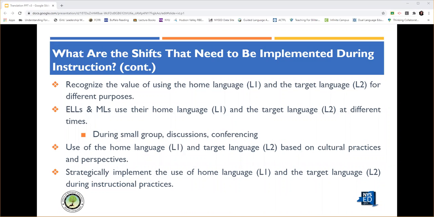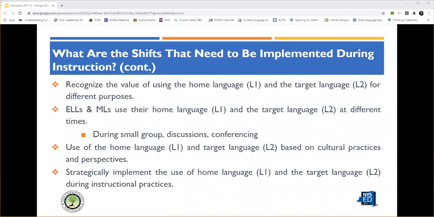To make this transition of using the student's home language, a shift needs to really occur. And therefore, as the educator, you're going to need a few things. You're going to need to recognize the value of using the home language and the target language for different purposes. You're going to need to know that ELLs and MLs use their home language and the target language at different